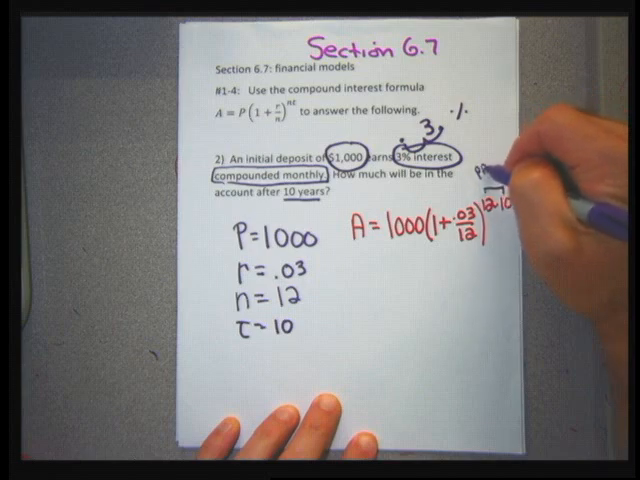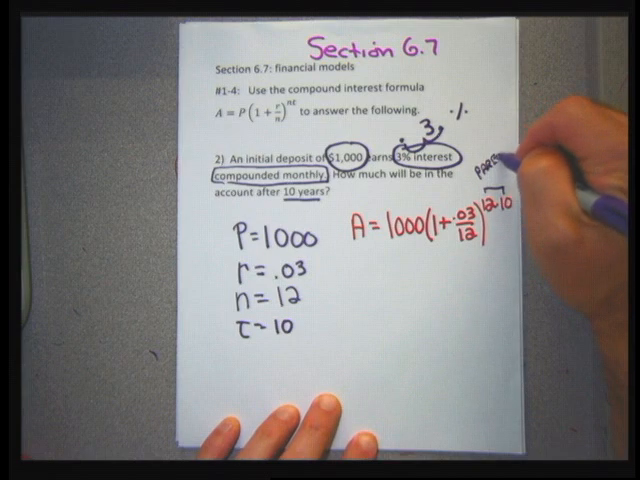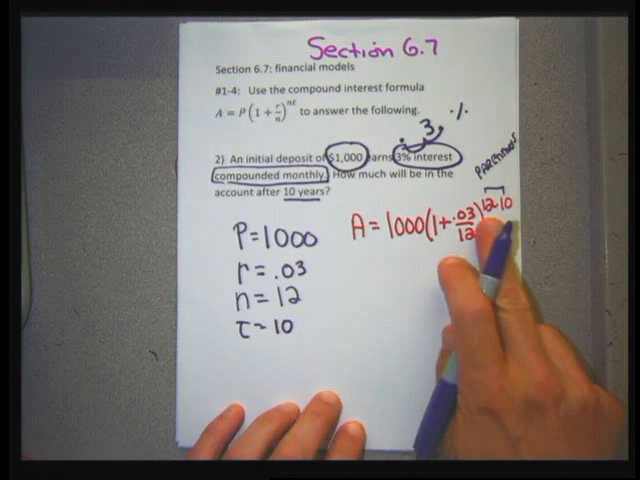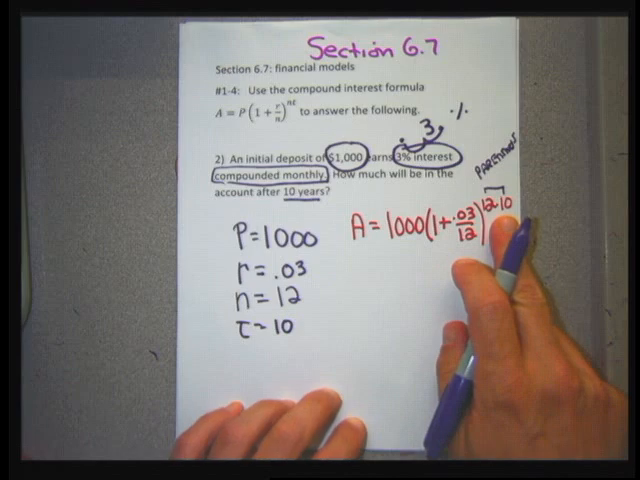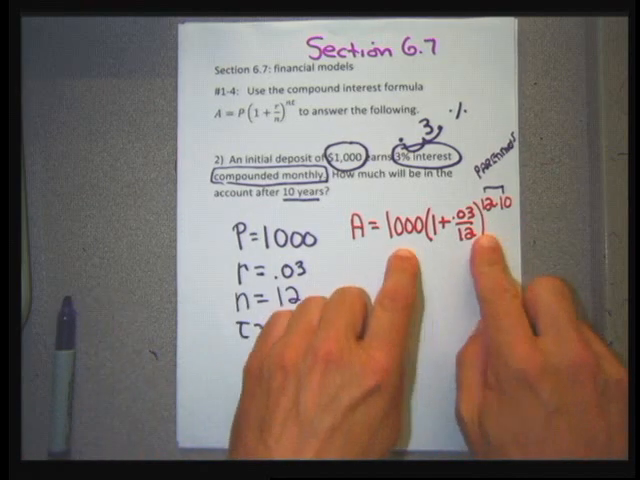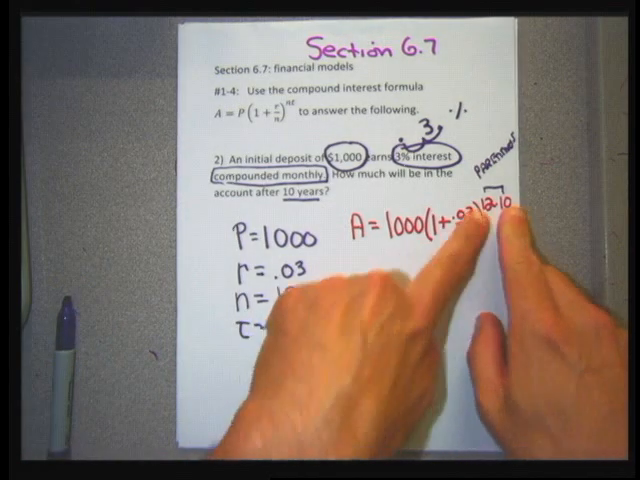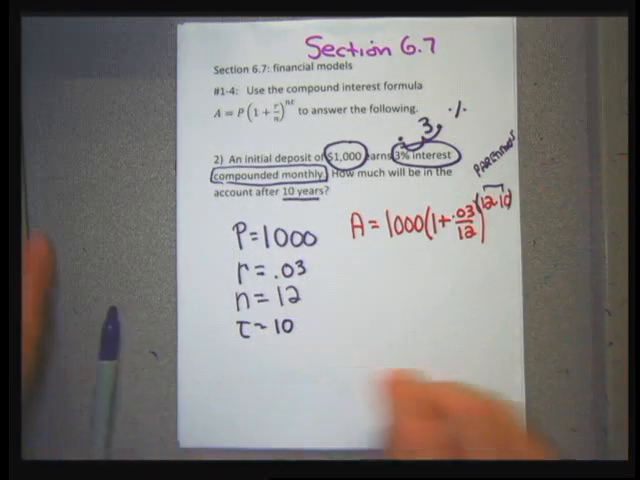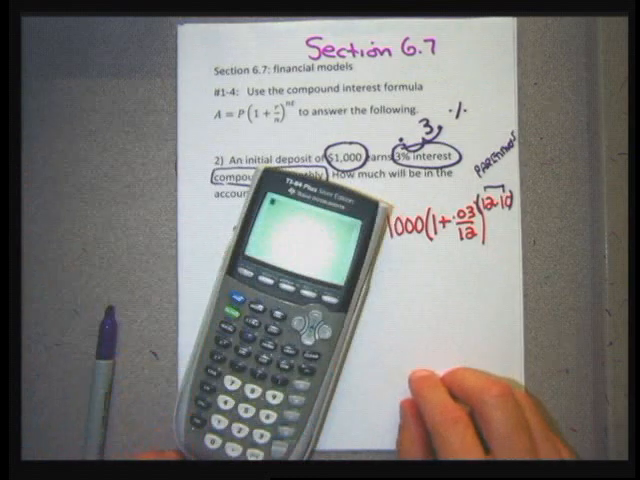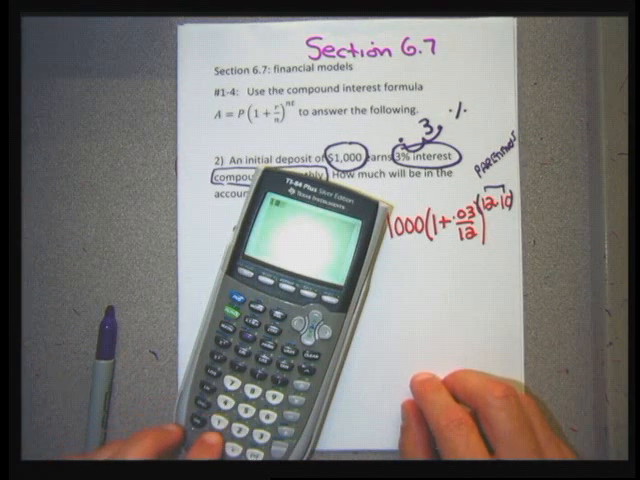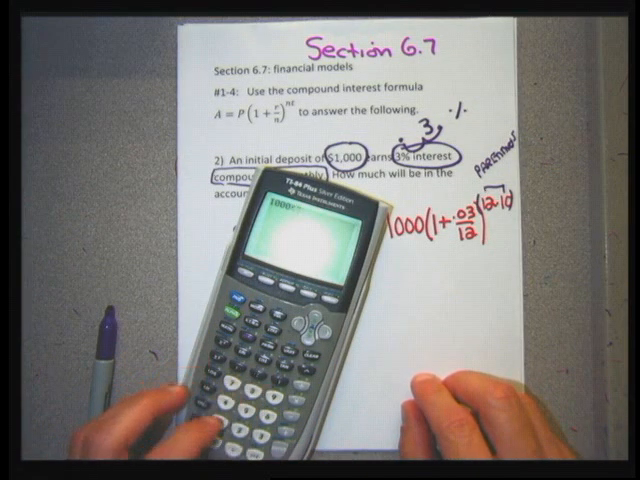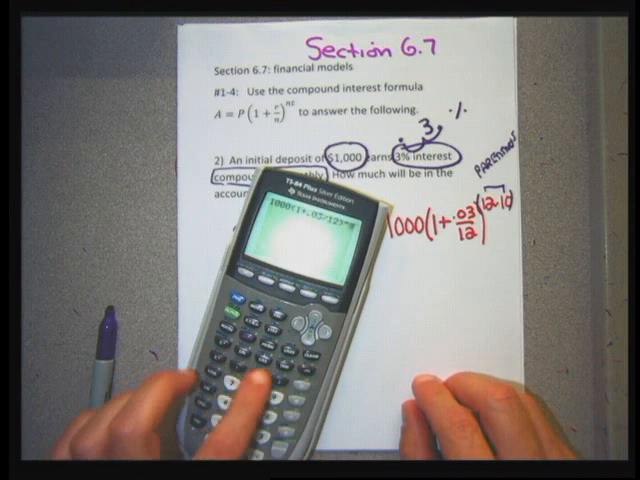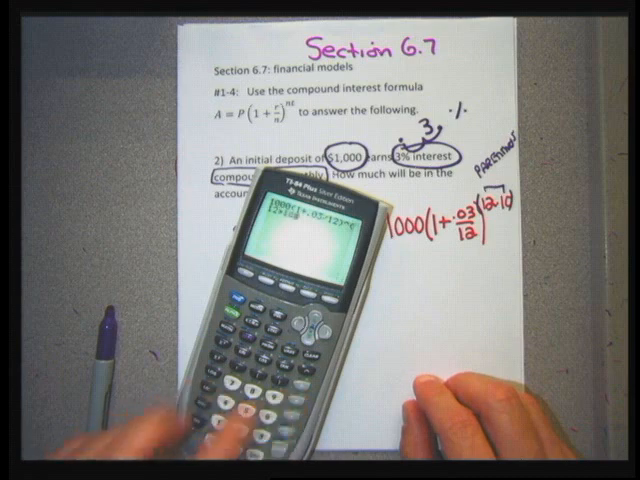If you don't put this 12 times 10 in parentheses, you won't get the right answer. If you multiply 12 times 10 in your head and write 120, you will get the right answer. But I'm going to enter this on my calculator just how it's written, other than I'm going to put the 12 times 10 in parentheses. And hopefully I can make it so you can see the calculator. So I'm going to go 1,000